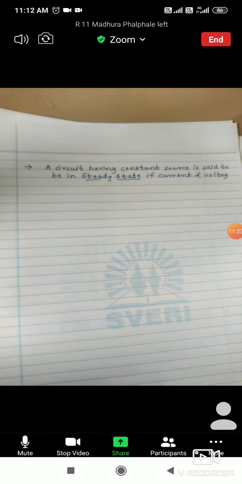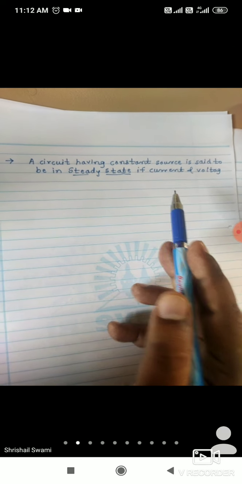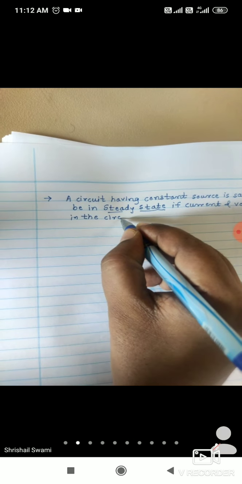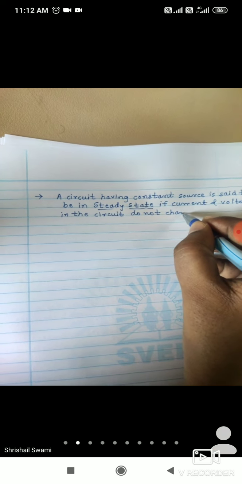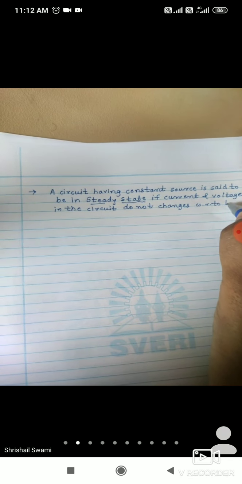Okay. So a circuit having a constant source is said to be in steady state if current and voltages in the circuit do not change with respect to time. So that is called as steady state. Okay. Now next one,